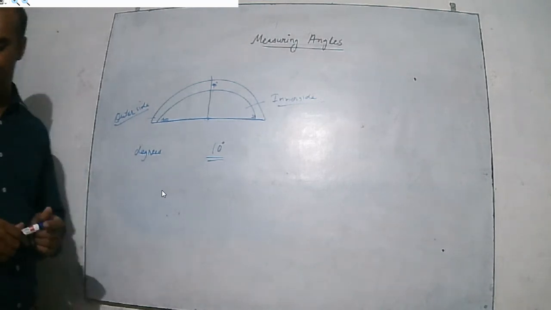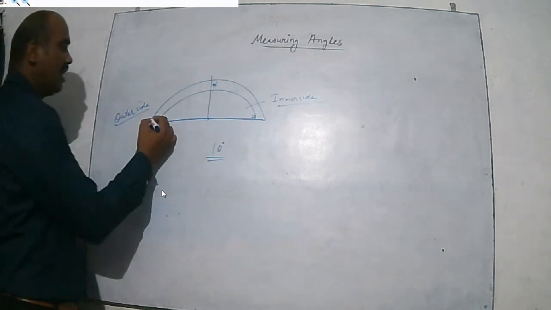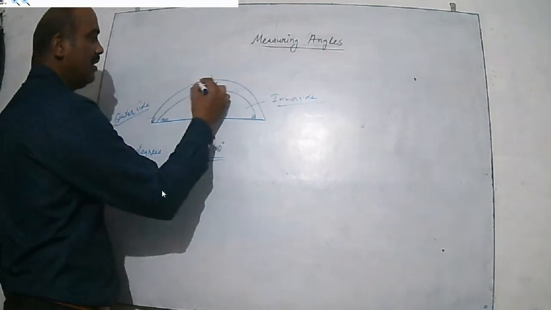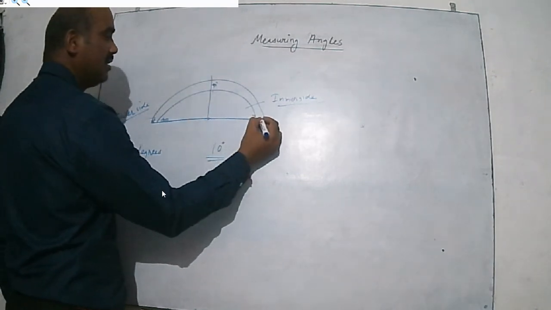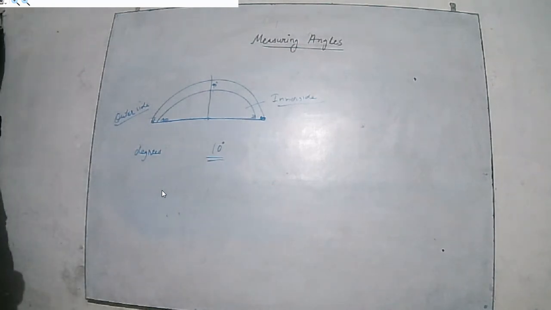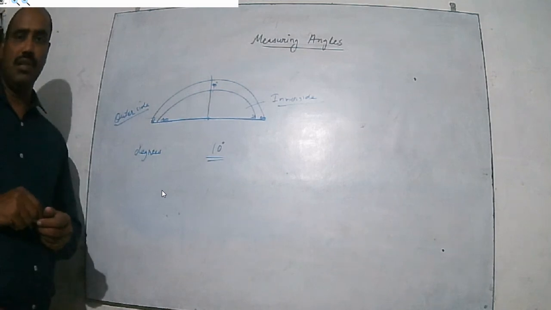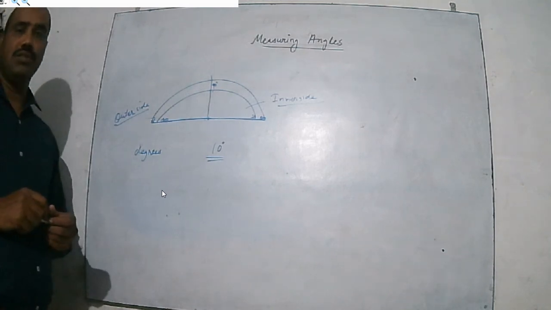One scale begins with 0 degree on the right and runs to 180 degree on the left. The other scale begins with 0 degree on the left and runs to 180 degree on the right. Here, it also starts from 0 and ends here. Okay, it is the outer side. Now we are going to start classification of angles. In this we learn how you can use the protractor.